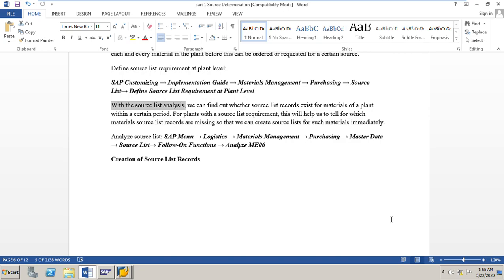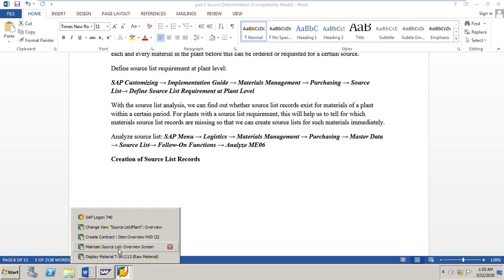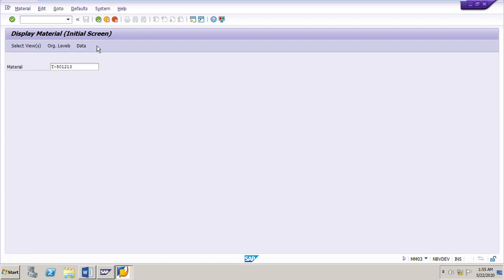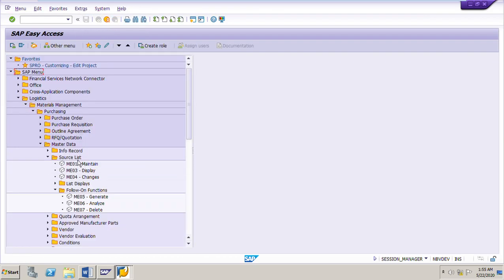Here we can see if the source lists are available by this analysis function. So I will show that one. This is available in Logistics, Material Management, Purchasing, Master Data, Source List, Follow-on Functions, Analyze, ME06.